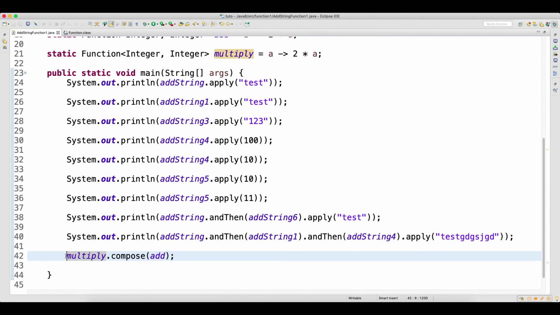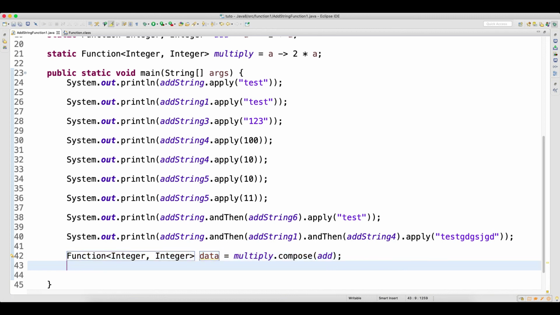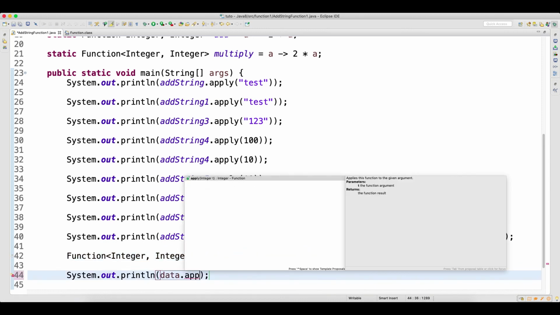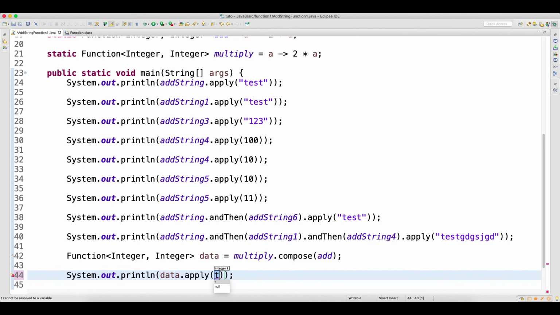If I have to store it into a variable called, let's say, data, place the mouse over here, click on create local variable. You can see that this is another function, right? So the return type of compose is a function, and when you do dot apply, because it's a function, when I let's say do 3, what output will come?